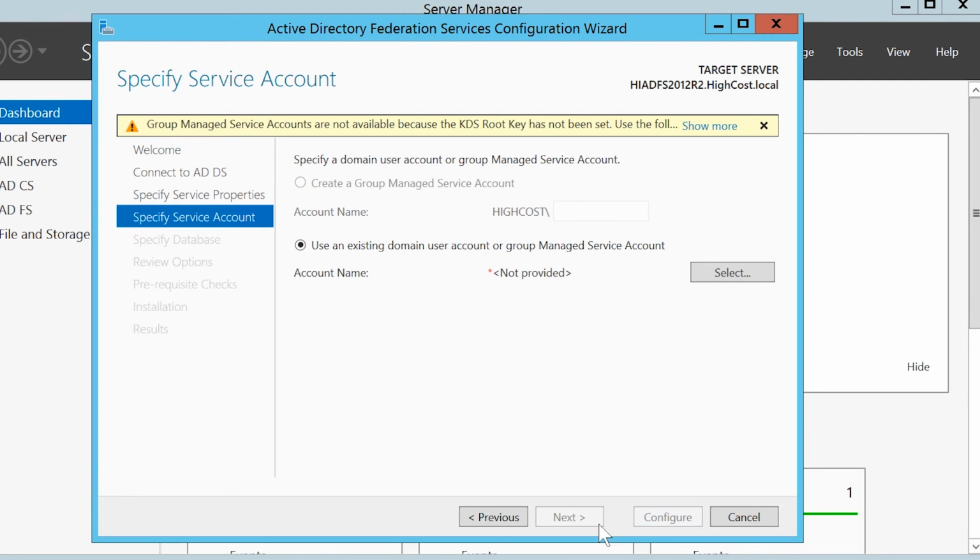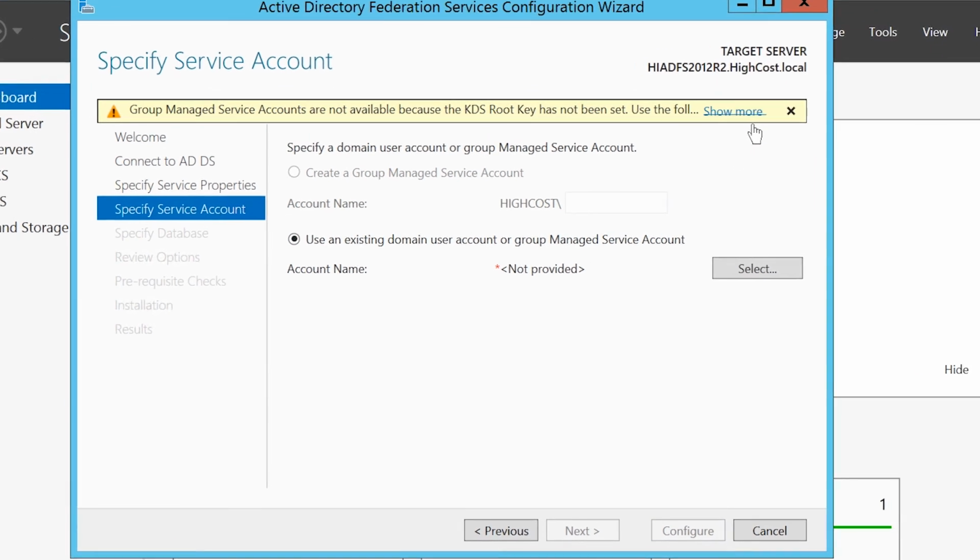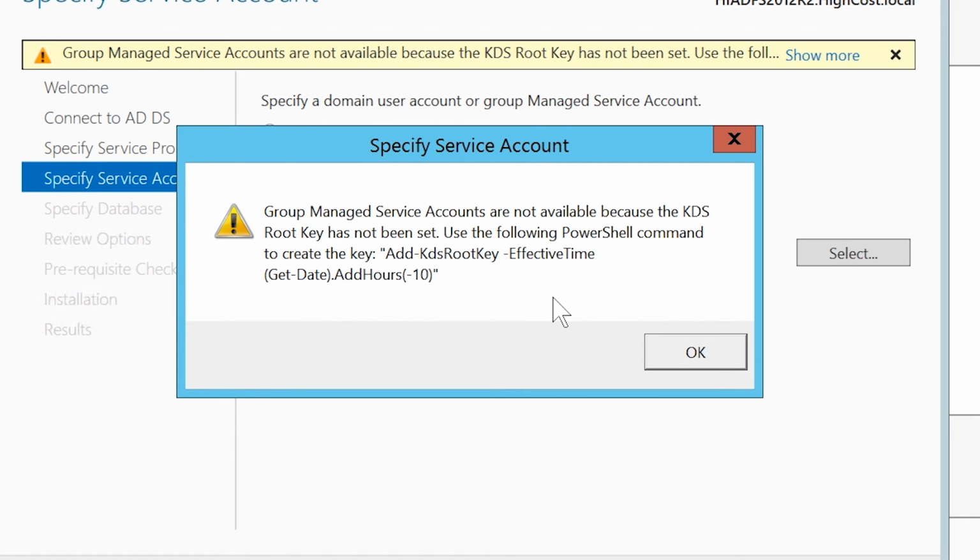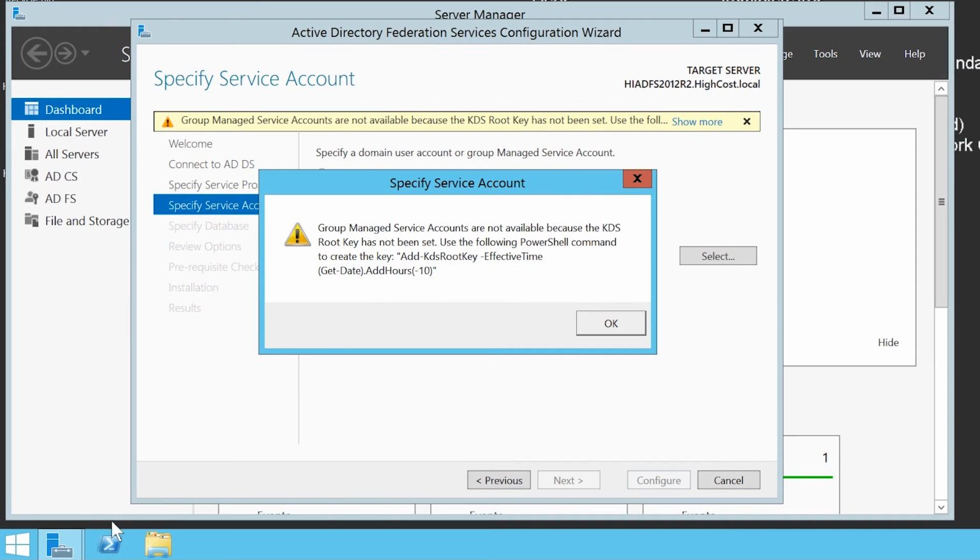On the next screen of the wizard, I need to select or create a managed service account to run Active Directory Federation services with. Notice that at the top, I have a warning message, and when I press Show More, I get a dialog box stating that a PowerShell command needs to be run before a managed service account can be created. In order to run this PowerShell command, I need to run the command on a server that has Active Directory admin tools installed, which this server does not. For this reason, I will go back to Server Manager,